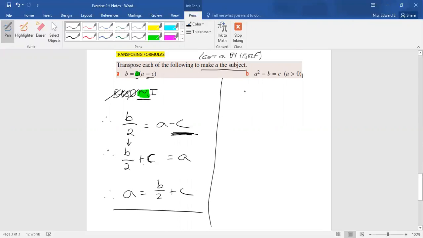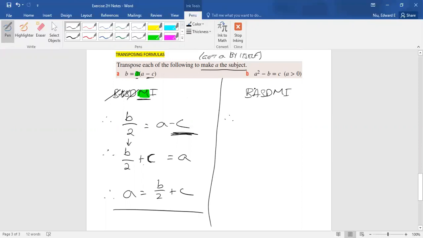Let's take a look at B. Okay, you might get this in the questions. I assume it's in the questions because it's here, but unlikely to be on the test or exam. What we've got to do is get little a by itself once again. So if we write our acronym, PASDMI,